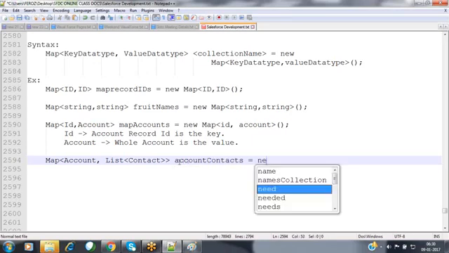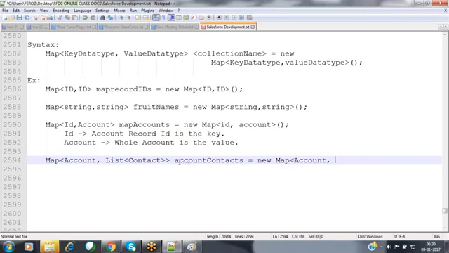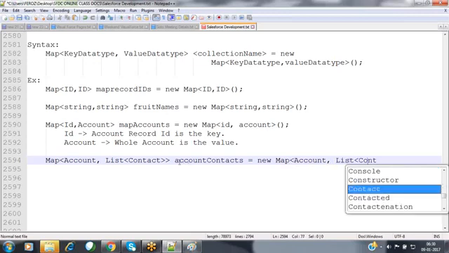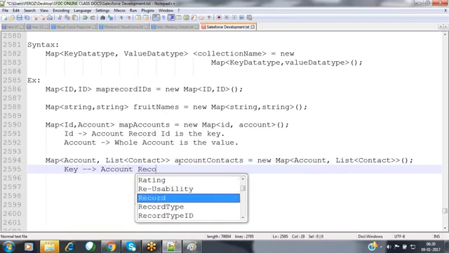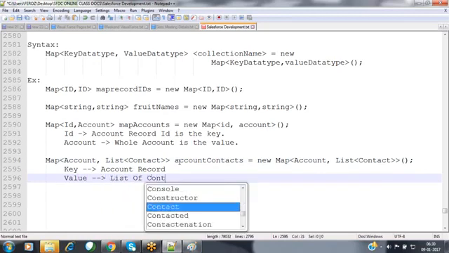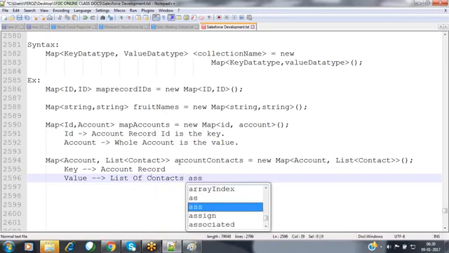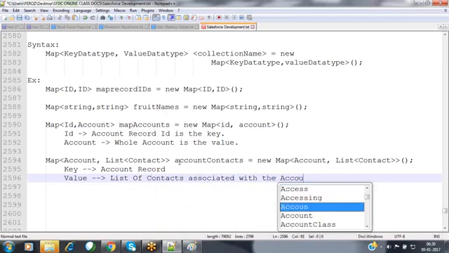Account contacts equals to new map of account, comma, list of contact, where the key is the account record and the value is the list of contact records associated with the account.